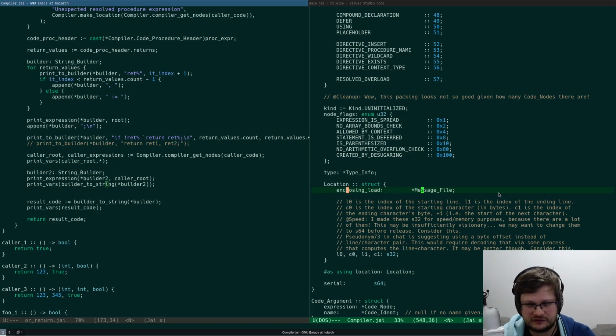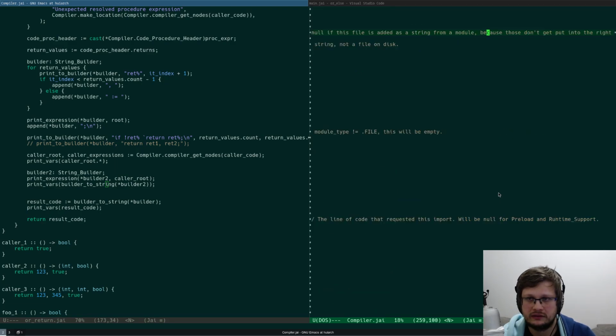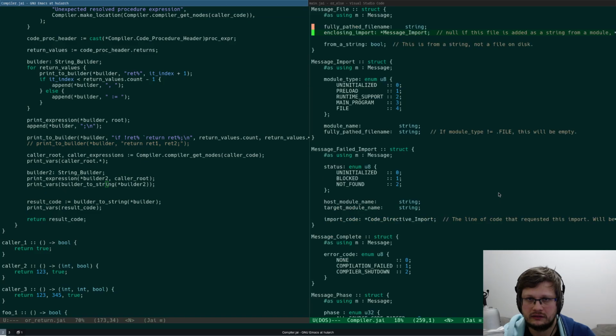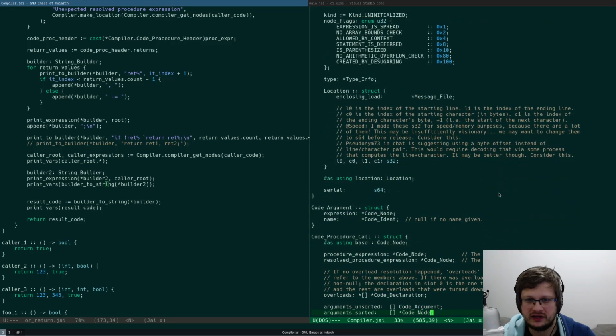What does this message file have? It has file name, enclosing import, and from string. Doesn't look like we have everything we need though, right?